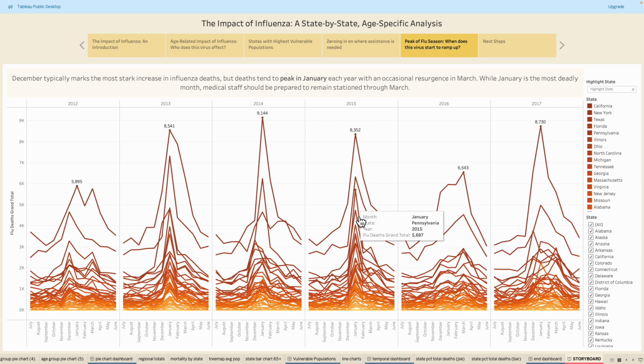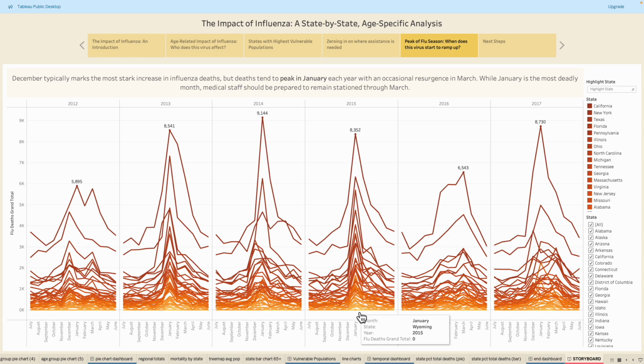but you can still kind of see that the peak for 2015 is very clear. 2014, 2013 as well. It's very clear that January is when deaths are going to spike in most states, and so we can safely say that January is going to be, quote unquote, the most deadly month. So for that reason, our recommendation is that medical staff should be in place by January, perhaps deploying them even in December so that they can be stationed and ready to go by the time January rolls around.